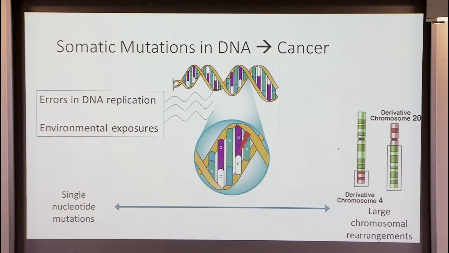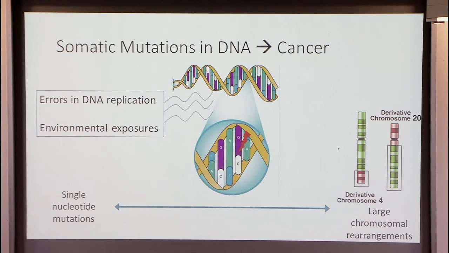And where do these somatic mutations come from? Well, they happen all the time. Cells divide. They have to copy their DNA. It's not a perfect process. The daughter cells get mutations that the parental cells didn't. Most of the time, those are benign mutations, but occasionally they're not. And then, in addition to these intrinsic mutations that accumulate during DNA replication, there are various environmental exposures, UV light, radiation, chemical exposures, cigarette smoke, et cetera, that also lead to somatic mutations.